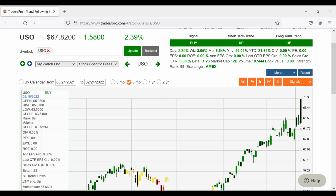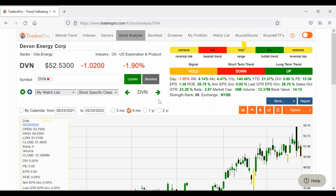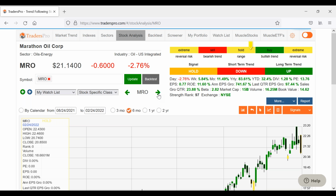USO, kind of a big bearish reversal candle today. I maybe wouldn't enter on a day like this, but if it can pull back a little bit, give you another entry point. Devon, Marathon,